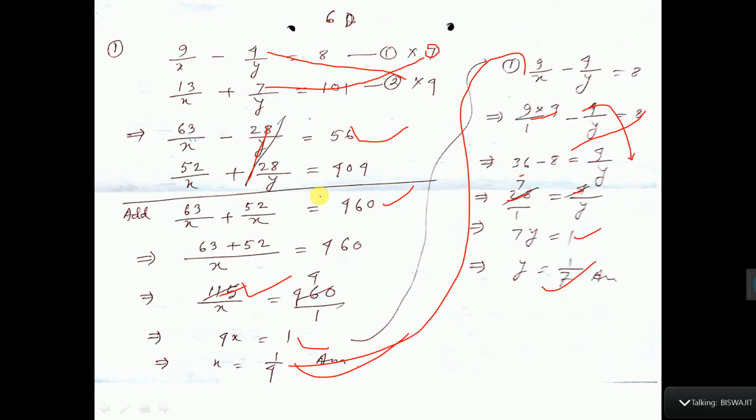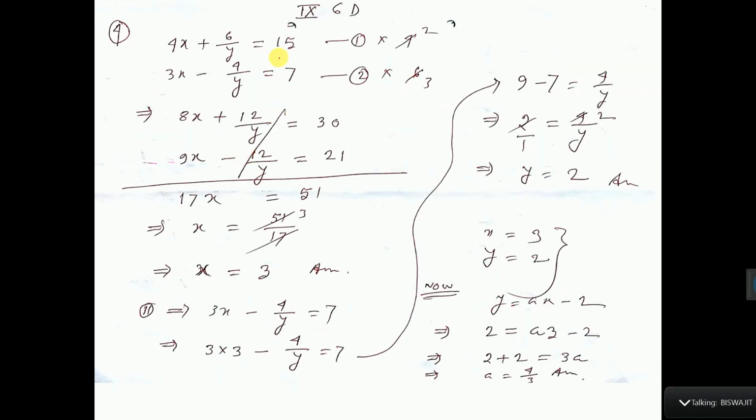So if you apply this technique, then the sum will be very easy. See this sum, here it is 6, so multiply by 6. Here it is 4, so equation 1 you multiply by 4. This one also you can do cancellation, 2 2s are, 2 3s are. So you multiply the first equation by 2, second equation by 3. So 2 means you multiply in the numerator only. So 4 2s are 8, then 6 2s are 12 by y, 15 2s are 30. 3 3s are 9, 3 4s are 12 by y, 3 7s are 21.